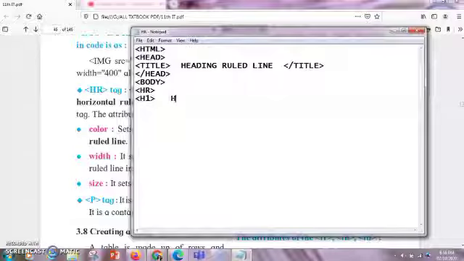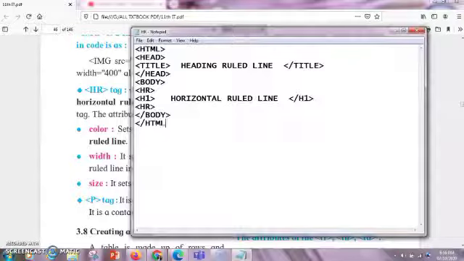Currently we are doing a program on horizontal ruled line, so I'll be using the same heading for this program. I'll just use /H1, and again one more HR tag I'll be using here. Now I'll just end the body, and then I'll be ending the HTML tag.